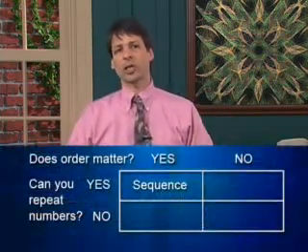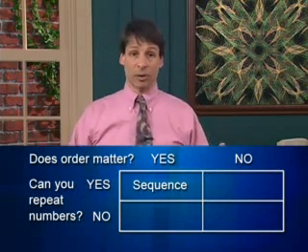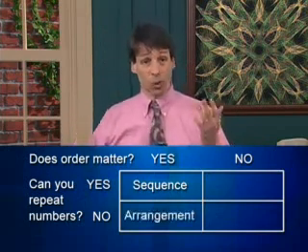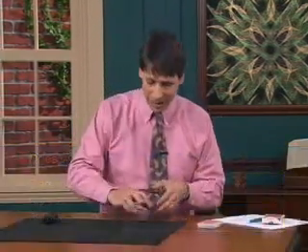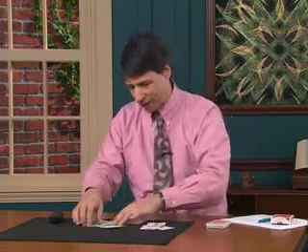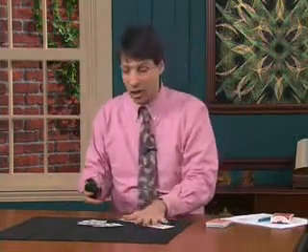Since we're allowed to repeat digits, passwords would be an example of a sequence, because we can repeat and order matters. Okay, what if we were looking at a situation where order matters but repetition is not allowed? Then we call that an arrangement. For example, if we were given 10 cards, ace through 10 say, and we had to deal 5 of them in front of us, then repetition is not allowed because I can only pick each card once.